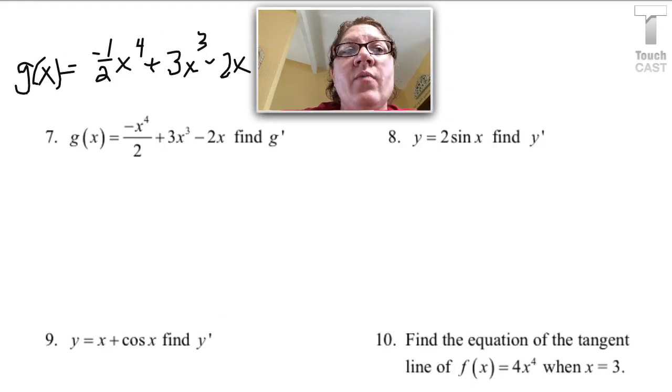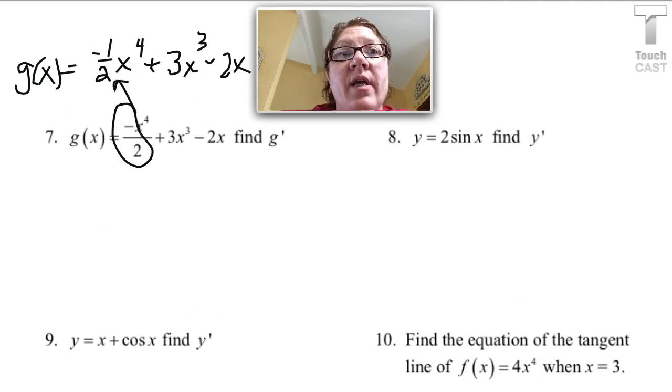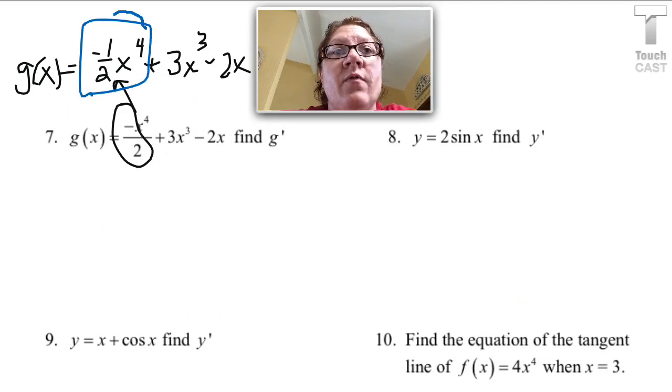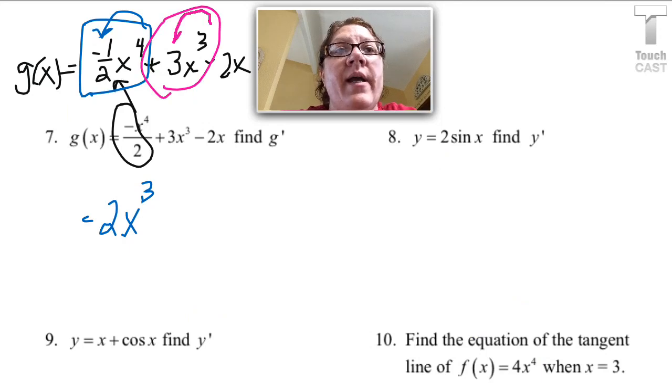So on the next one, when they write fractions like that, it's so much easier if I think of it as this. That's got a coefficient of negative 1/2 in front. Okay, so then I'm adding, and I got some powers on each term, so I'm going to do each term separately. So when I do the first one, I'm going to power down. So 4 times that negative 1/2 would be negative 2, and decrease the power by 1. And then on the next piece, again, I'll power down. So I'll get a 9,